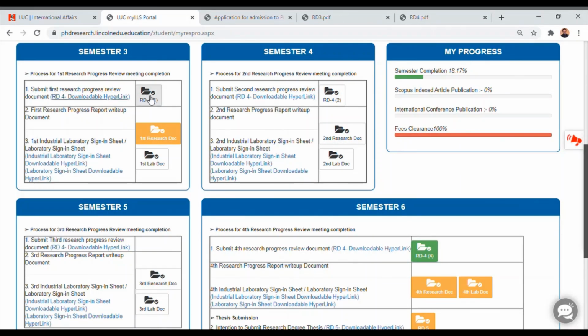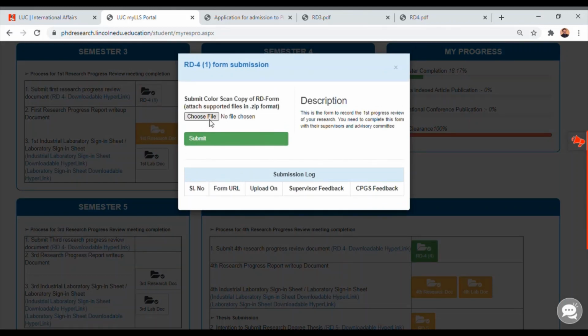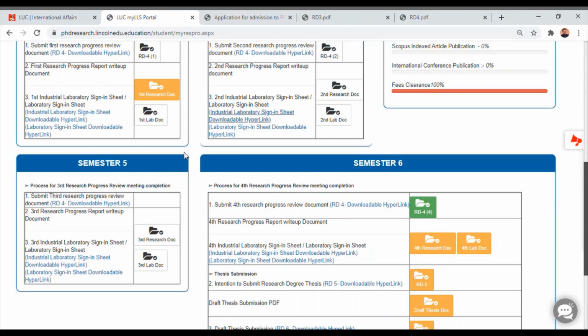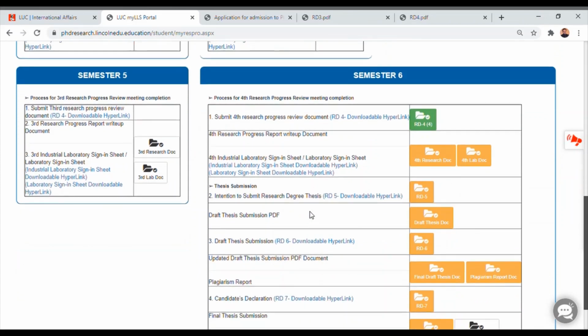Then upload the filled and scanned copy of the RD4 form by clicking on the RD4 folder icon of the respective semester, and choose the file and submit as suggested in the submission dialog box. Also, the candidate may submit copies of industry or laboratory sheets, if applicable, using the respective folder icon. Upon successful completion of 4 progress reviews, meaning submission of 4 RD4 forms, the candidate shall be allowed to submit